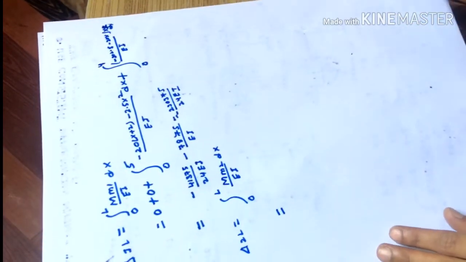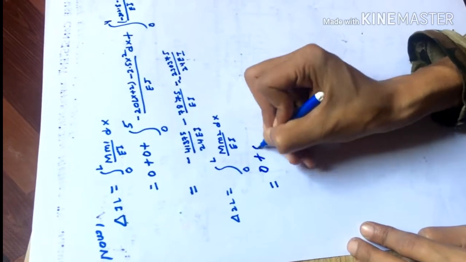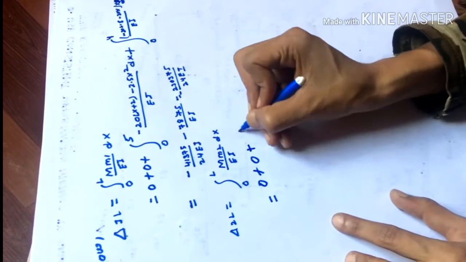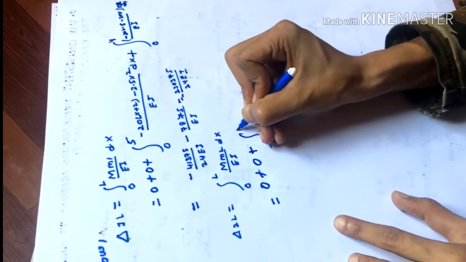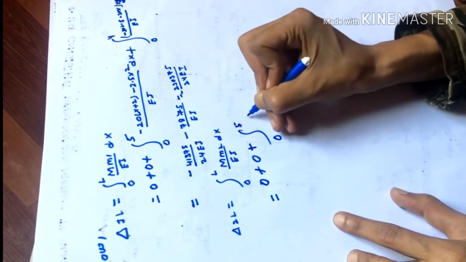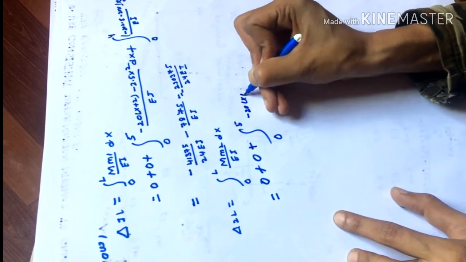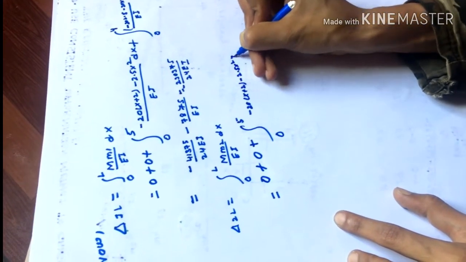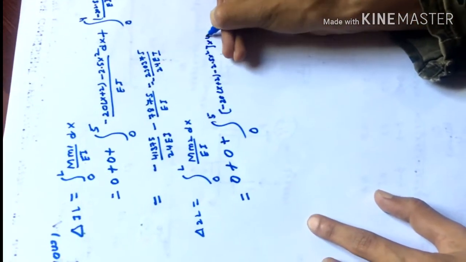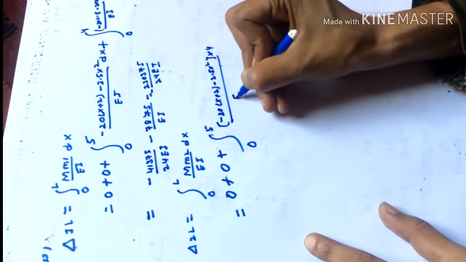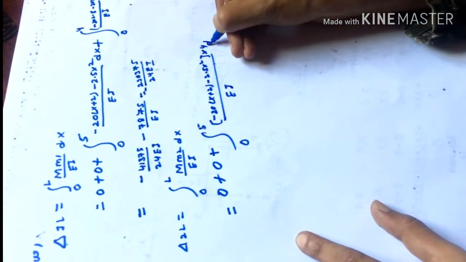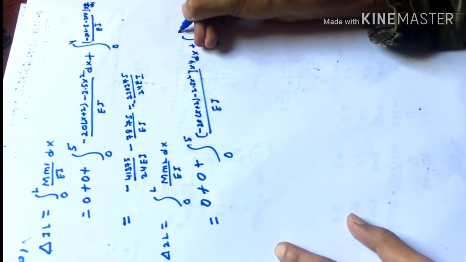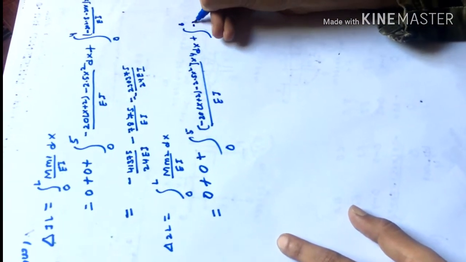So 0 plus 0 plus 0 plus integral 0 to 5 of minus 20 x plus 2 minus 2.5 x square into 4 divided by EI dx, plus for another portion our limit is 0 to 6,